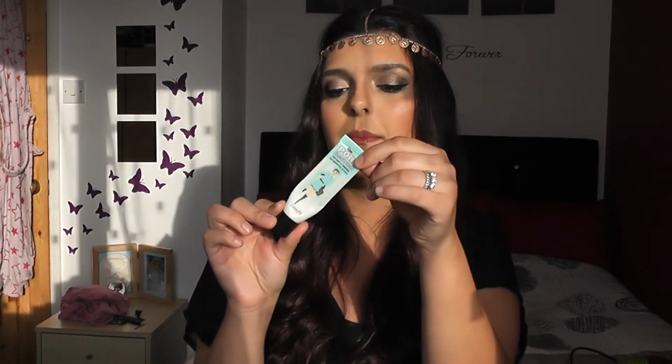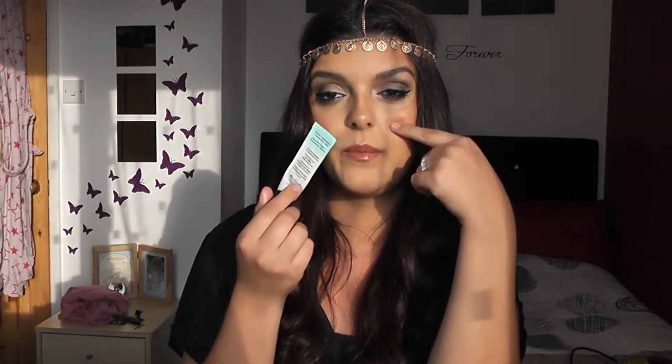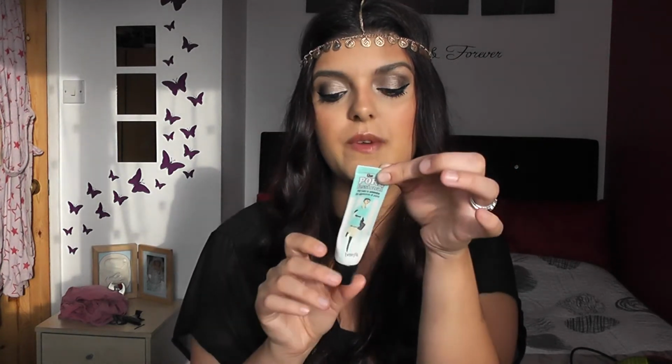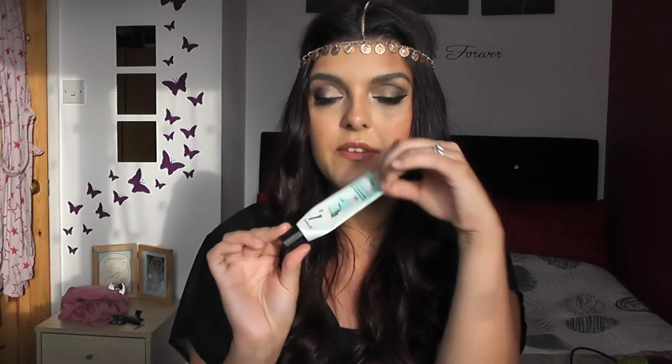Another thing I want to talk about is the Porefessional by Benefit primer. I absolutely, hands down, best primer I have ever used. Does what it says, it minimises pores. Even though I don't struggle with my pores as much, it definitely does cover them up. I have slight small ones just around my cheek area, but definitely best buy. I bought this in